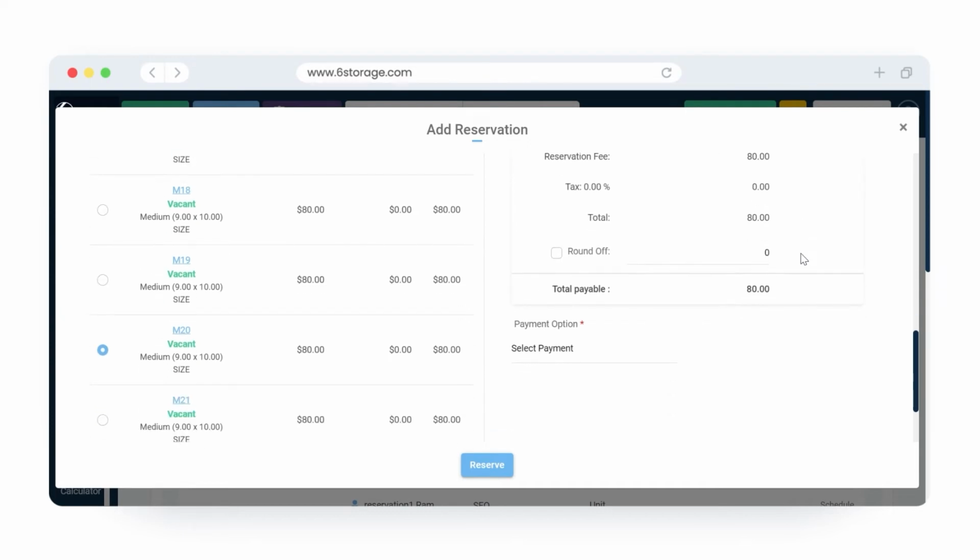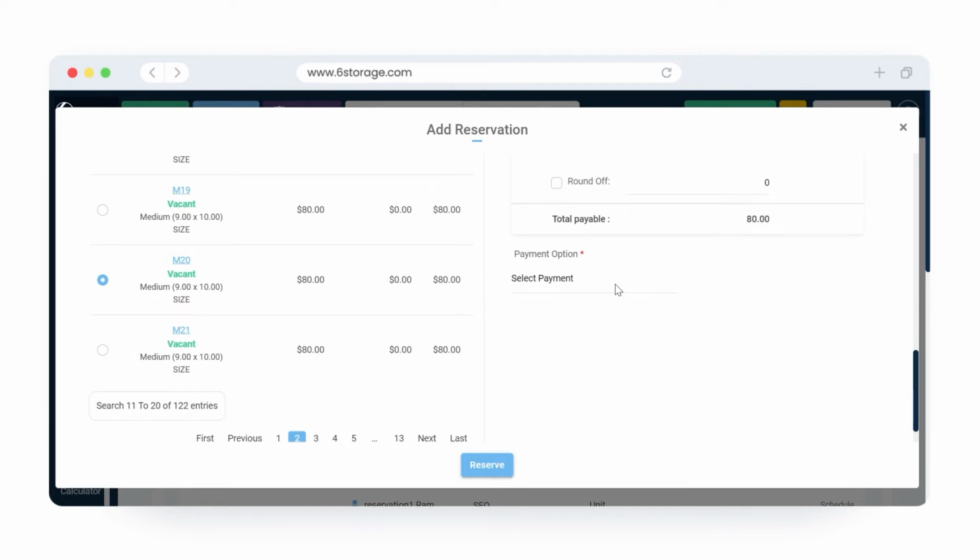Here comes the last step. You need to fully review the reservation price details and choose the payment method from the Select Payment drop-down. You can see 3 options are available. If tenants wish to pay through cash, select Cash and click Reserve. Your reservation will be completed, but in this case the tenants will have to visit the facility and make the